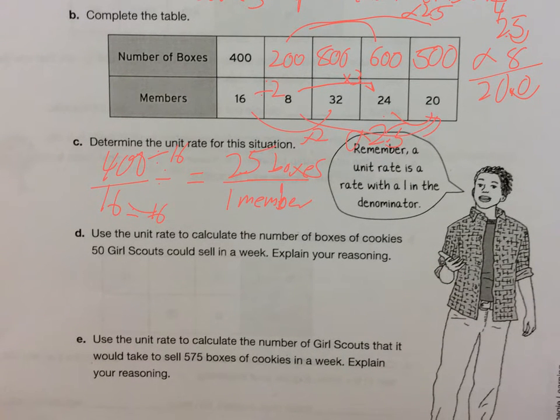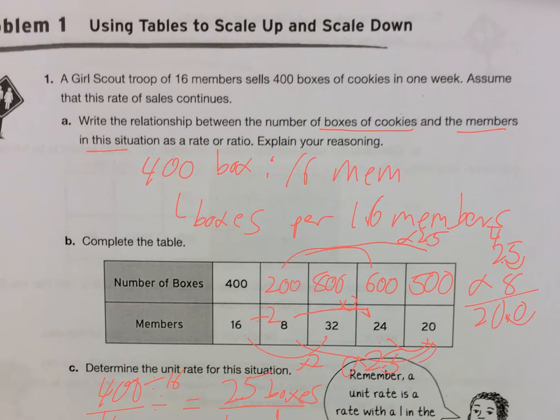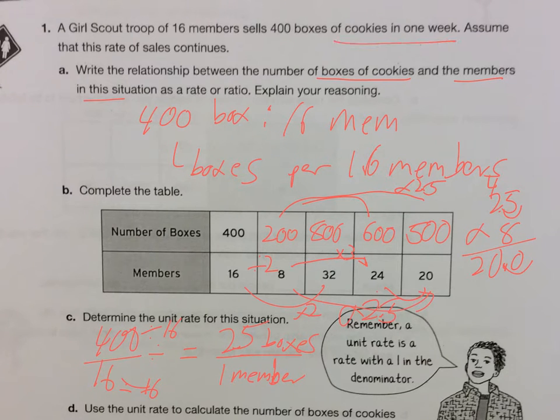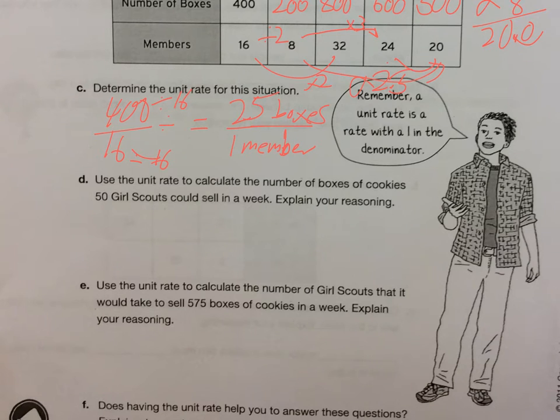Use the unit rate to calculate the number of boxes of cookies 50 Girl Scouts could sell in a week. So now that I have the unit rate, it's pretty simple. So this is boxes of cookies in 1 week. I just wanted to verify that it is boxes of cookies in 1 week, so I don't have to adjust that unit. So I come down here, in 1 week, how many would 50? So it's 25 boxes per 1 member. So I'm just like, okay, well then times 50